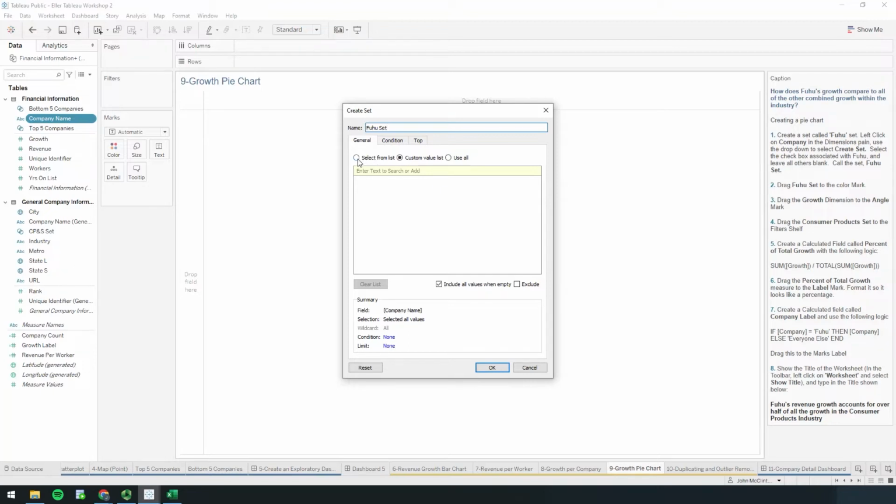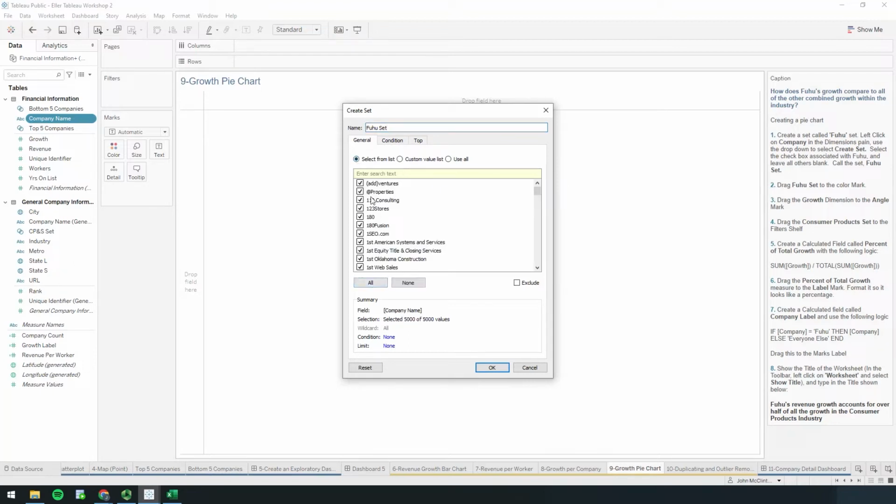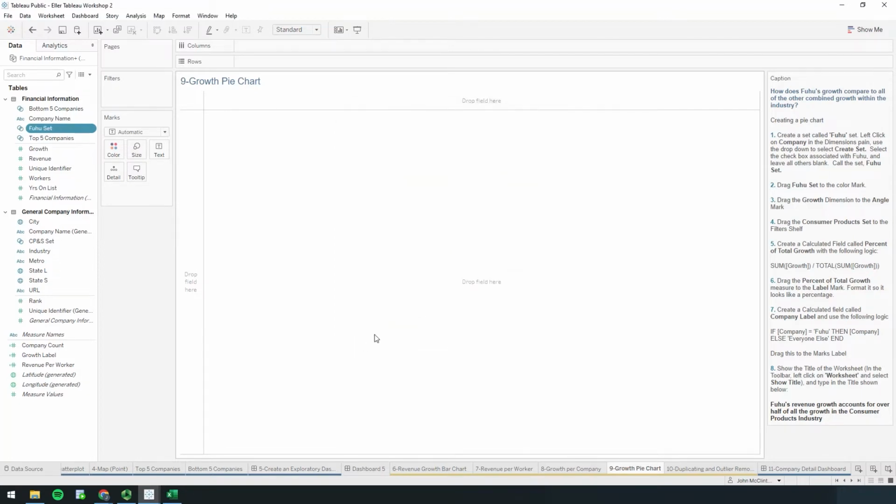set, and then I'm going to select from a list. I'm going to start with none of them selected, and then in this search right here, I can type Fuhu, find that one and check it, and say OK. So now our Fuhu set is just Fuhu. And then